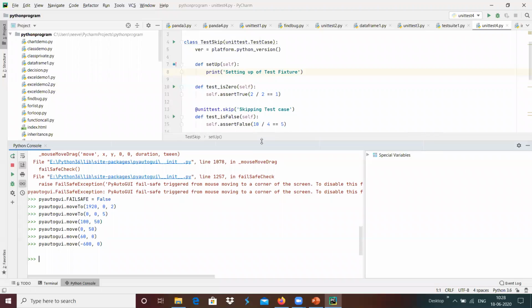Move is the function which can be used to move the mouse pointer relatively from the current location.